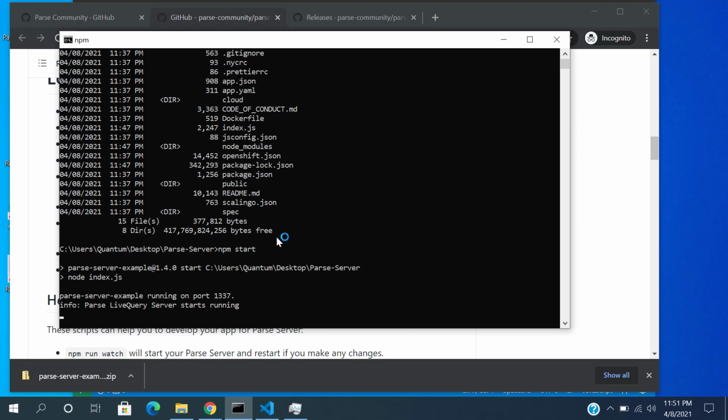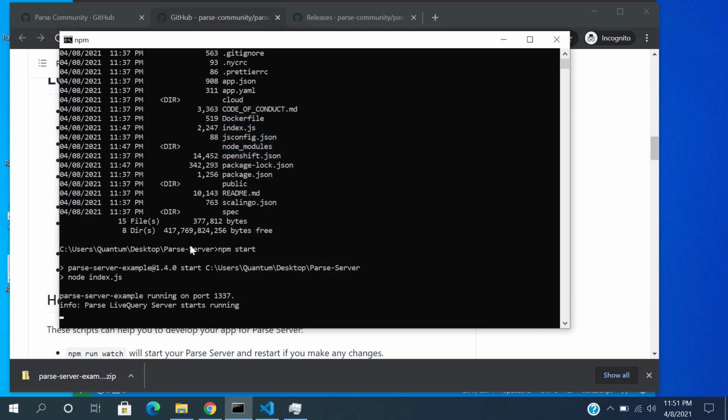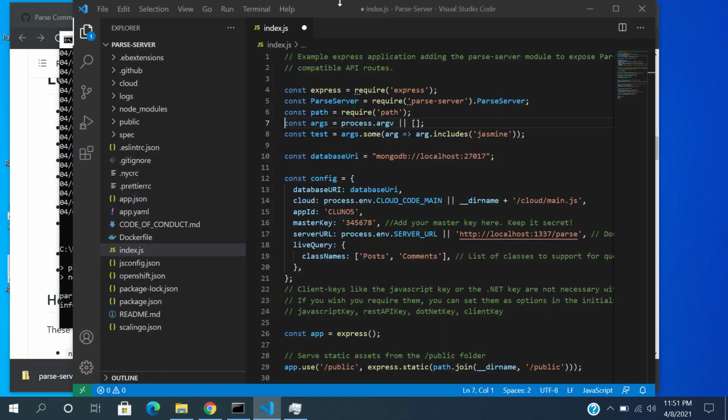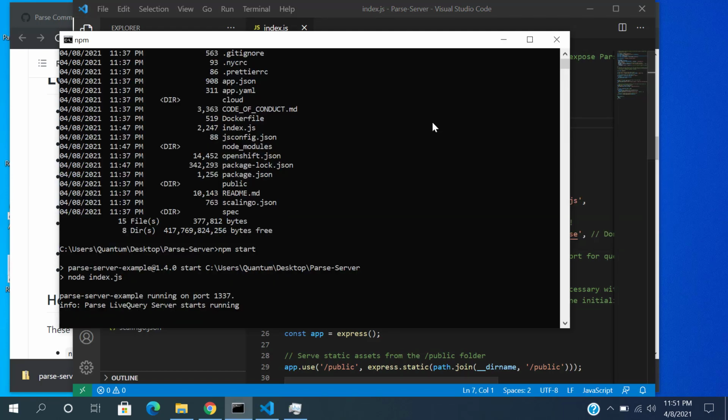So this npm start, we want to accept, allow it in the firewall, allow access. This npm start also translates to these two commands, parse-server-example start, blah blah blah, and then node index.js. So it calls the node runtime environment on this specific file, the file that we have opened, this index.js, the root file, the first file that the node application starts. So now